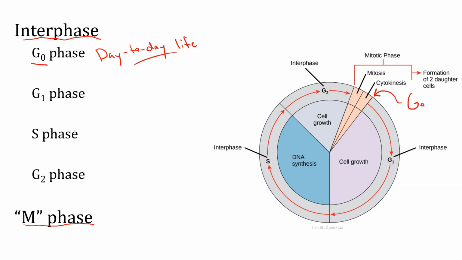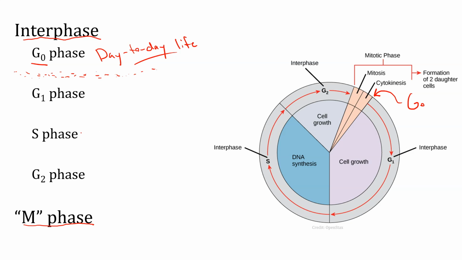And how long a cell will spend in the G0 phase varies greatly. For example, some neurons in your body don't even really divide ever. So they spend years and years and years just going about doing what they're doing, sending electrochemical gradients and such. So that's the G0 phase. Now, if a cell has decided it's going to divide, then there's some preparation that must be